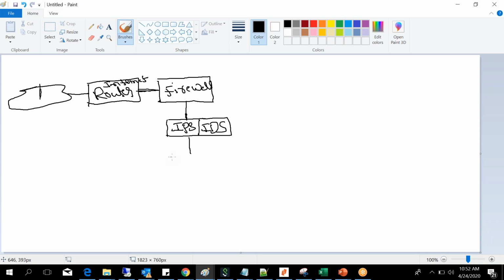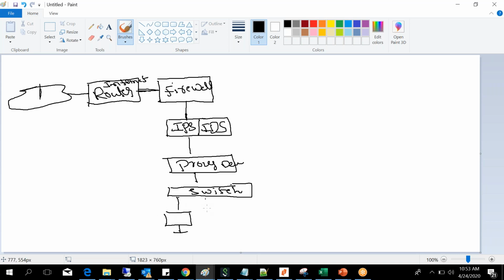The next layer will be the proxy device. Then next will be switches. So in the switch, all our user machines are connected.